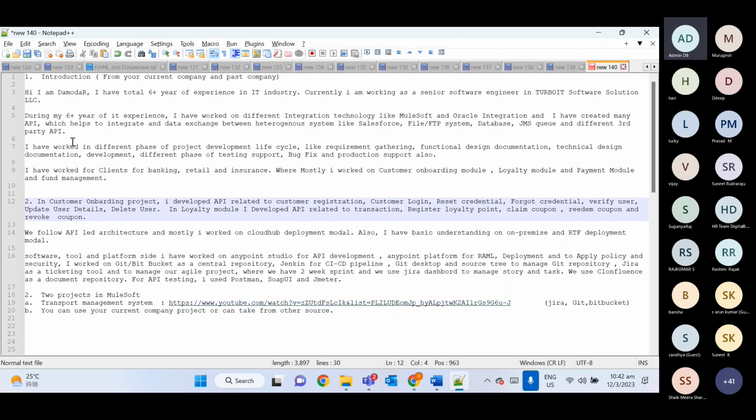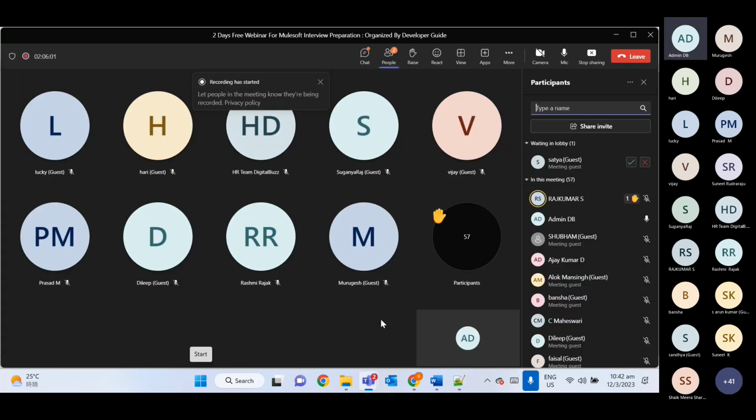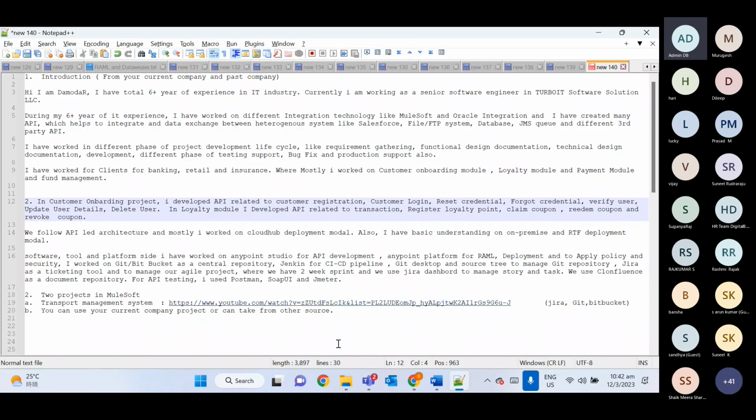So first thing, you should be ready with these 2 questions: introduce yourself and explain your project, your project introduction in detail. These two questions will come at the very beginning, so you should be ready with them. And as part of that, how you will handle technical questions, we will discuss now. So coming to the first question,